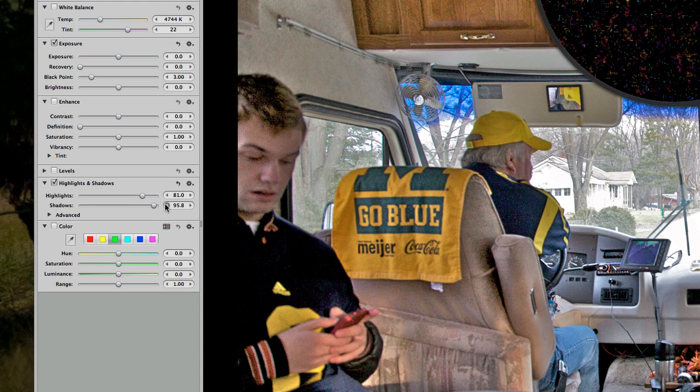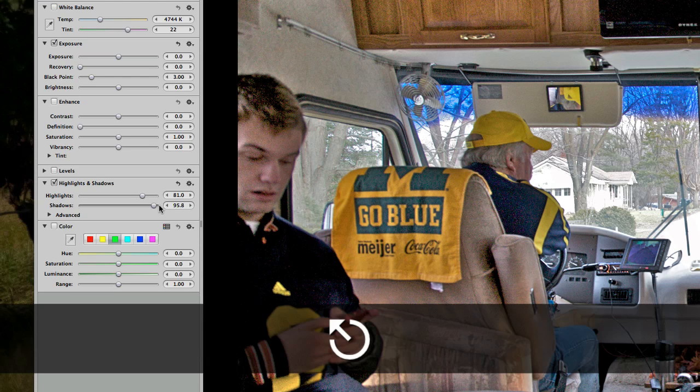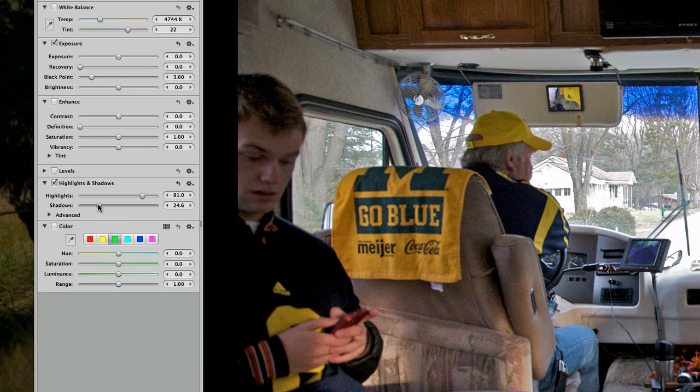This is not something that's to be used to this degree. This should only be used just a little bit to bring it back just a touch. And you don't want to go extreme like that, or it is going to ruin the quality of the photo, and it just doesn't look very natural. So hopefully in the photo you're adjusting, you've gotten it a little bit closer to the actual exposure than I've gotten here,